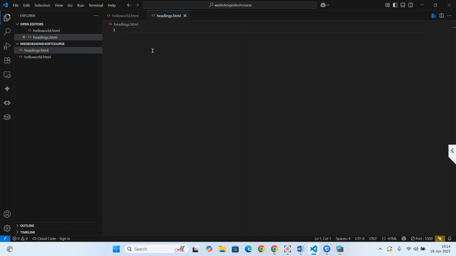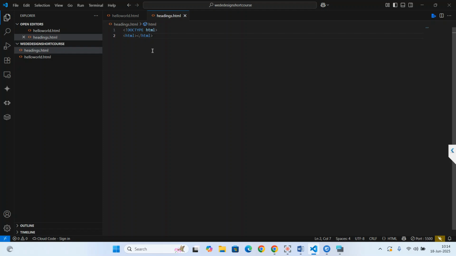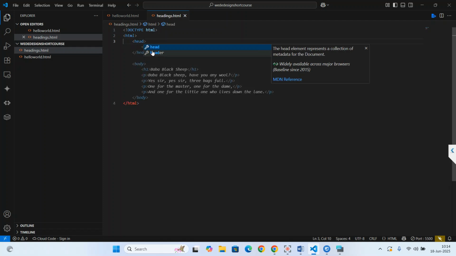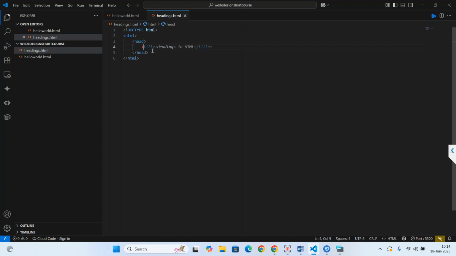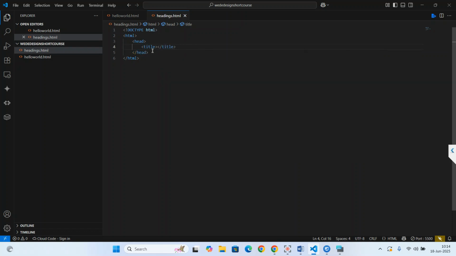Then I'll put doc type, which is HTML. Then I'll put my HTML. Then I'll press enter. Then I'll put my head. Then I'll press enter. Then I'll put my title. Then I'll press enter. Then I'll simply say headings in HTML. Then after the head, I'll put my body